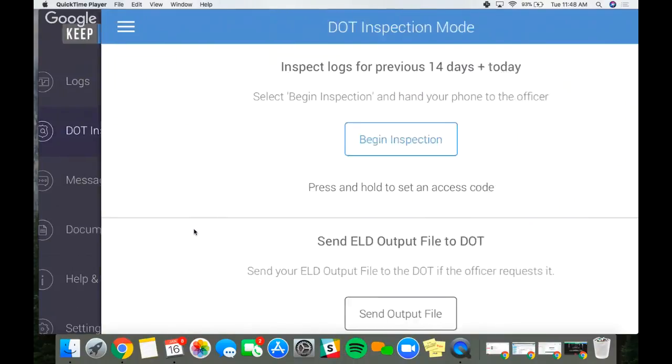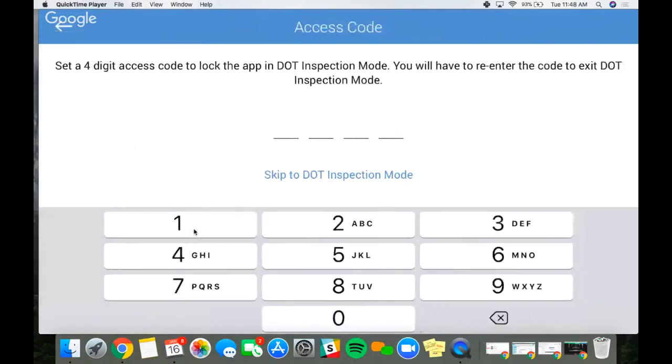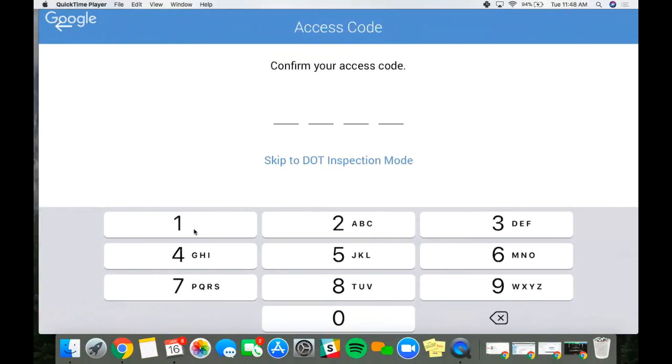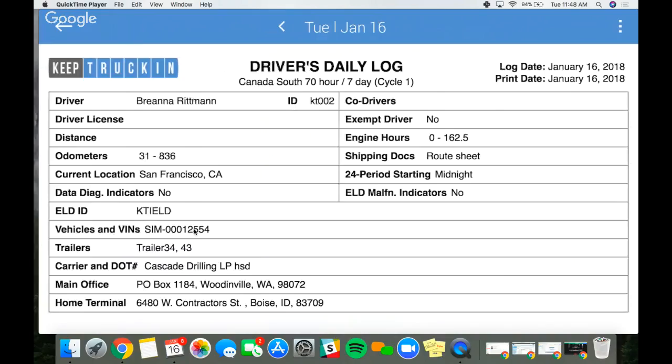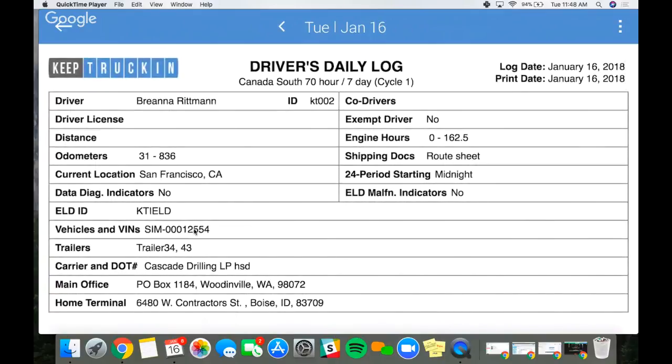All right. So now that we're in DOT inspection mode, go ahead, Travis. You'll click and hold the begin inspection button. Click and hold, because that will put you into this screen where it will allow you to input a 4-digit PIN. It will then ask you to confirm that 4-digit PIN. And at that moment, you will be locked into this screen, and there won't be any other view that an officer would be able to see within the app,